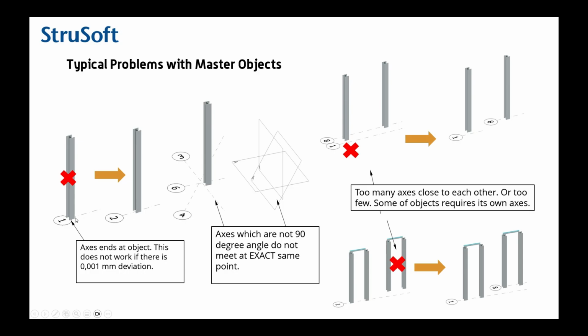The best way is this, because if you have a thousand millimeter deviation, it might be that this object is not fixed at all. So it's better to extend those axes a bit beyond the object. Then if you set